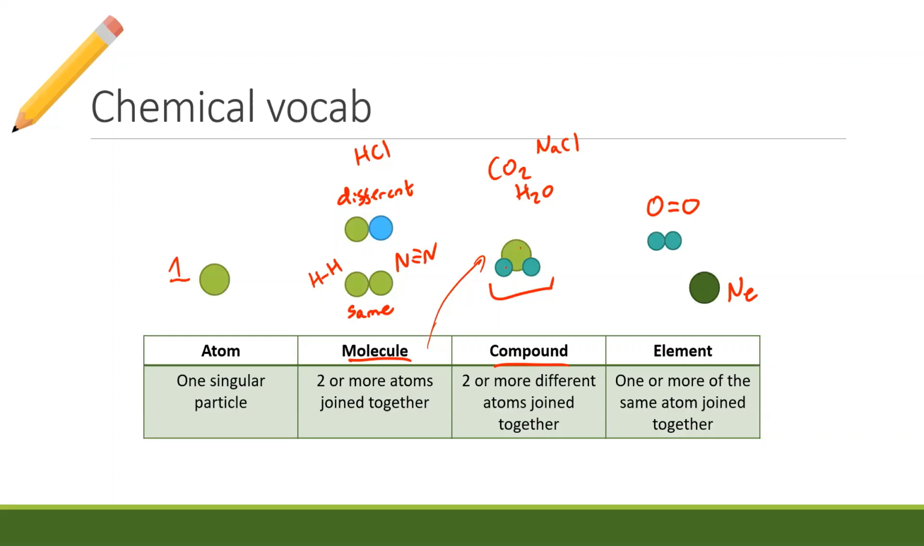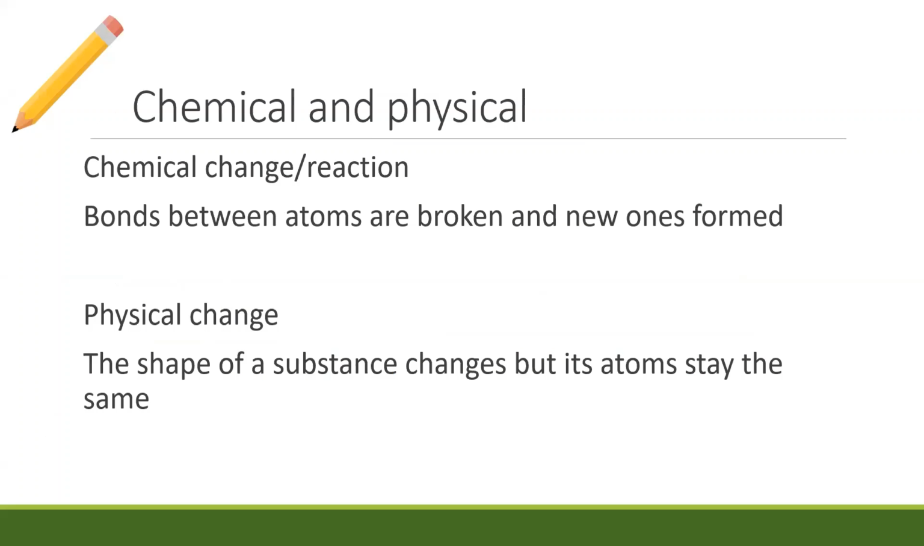Now, what I'm going to get you guys to do now is let's talk about what it means to have a chemical reaction. In order to have a chemical reaction, you need to have one thing. You need to have a chemical change. Now, what is a chemical change and what other types of change are there? So a chemical change, or a chemical reaction, is when the bonds between atoms are broken and new ones